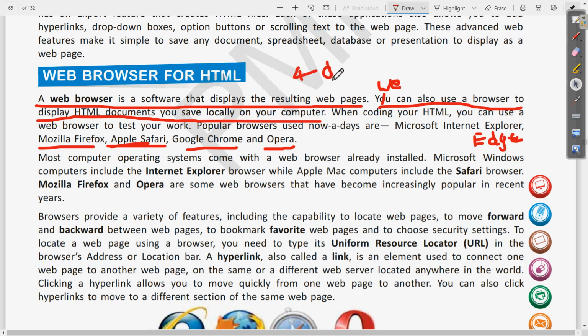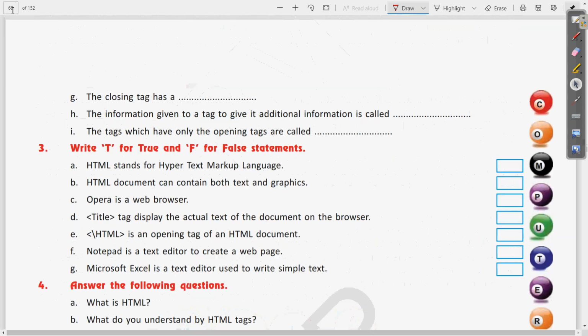What is the web browser and examples of popular web browsers. So Internet Explorer, we have given the name New Age, that is the Edge, and this was the previous Microsoft Explorer. Now this has been changed. Now coming to the next question, let us see which one is the next question.